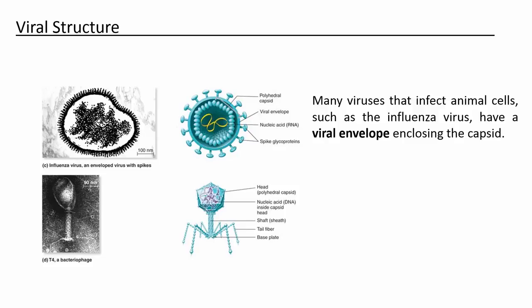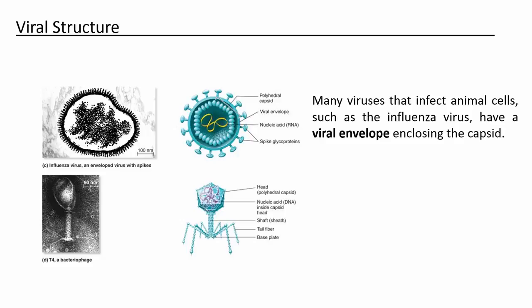And then also, as it says in the slide there, many viruses that infect animal cells have a viral envelope enclosing the capsid. An example would be influenza virus, which causes the flu. What you're looking at here is these oval things, and this virus is the capsid. The yellow thing in the middle is the genome. And then this blue circle with these, what they're calling spike glycoproteins coming out of it, that's the envelope that